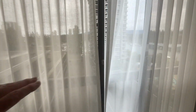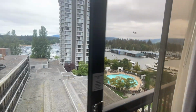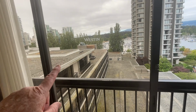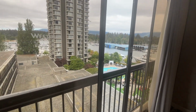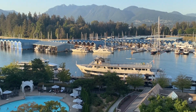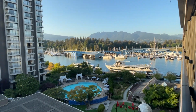Nice big view here. When you open these blinds, we do have a bit of a rooftop view. Seaplanes coming in. Bit of a roof over here, but pretty much open except for the one tower, the west tower. And these doors open fully to give you like a balcony view. Move these chairs up, and you get a good breeze in here, and you get a good view,